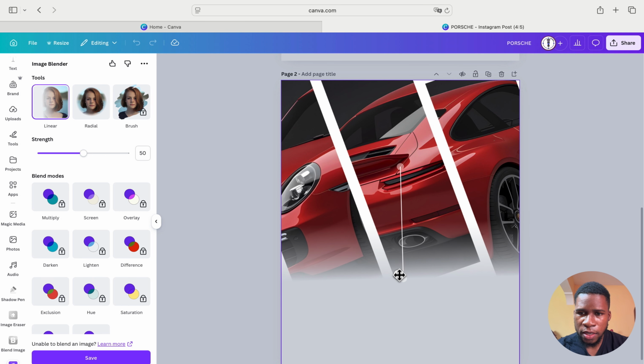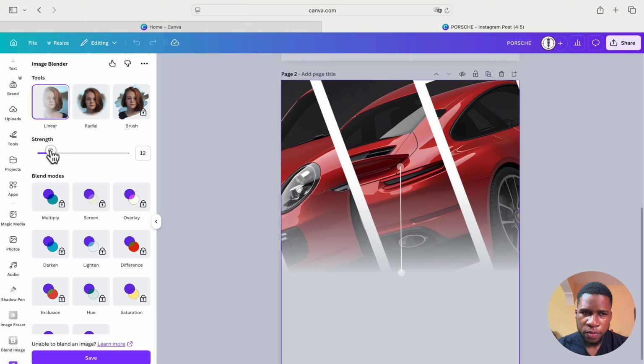So I think I like this. Also, what you could do is you could increase the strength or decrease the strength, so it would basically affect how strong the blend is. So I'll just decrease the blend a bit like that, and I'll just drag this down a bit like so. So I think I'm happy with that. So once you've completed your blend, you'll just click save,